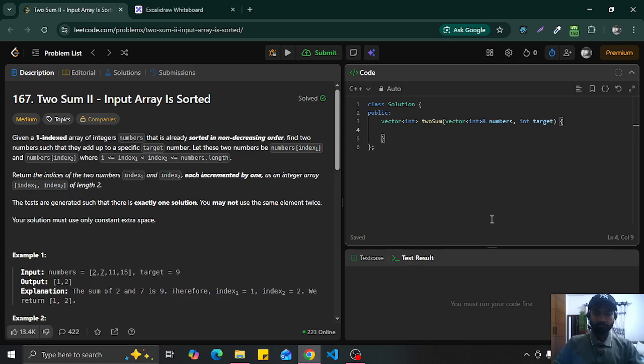So here we are going to take a left pointer which is going to be 0 and a right pointer which is going to be numbers dot size minus 1. And while left is less than right, we are going to calculate the sum. So int sum is numbers of left pointer plus